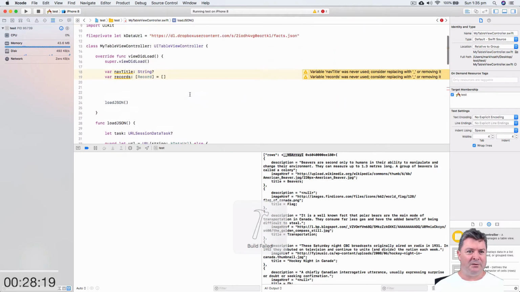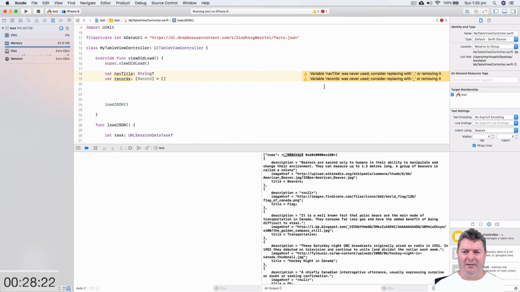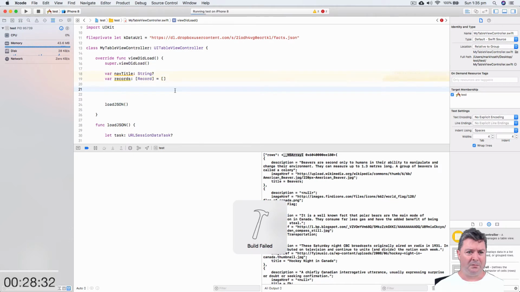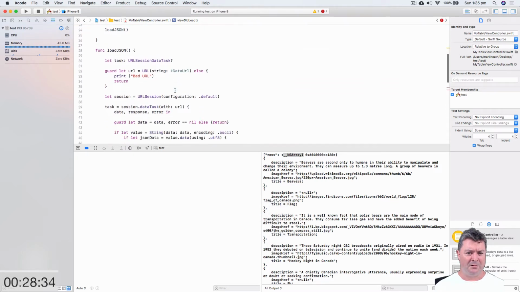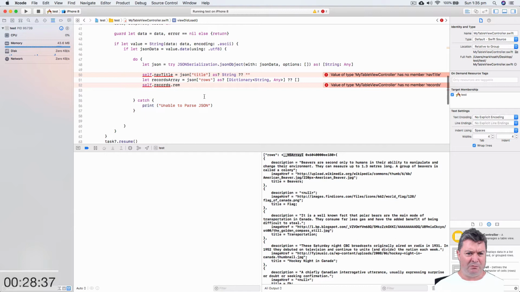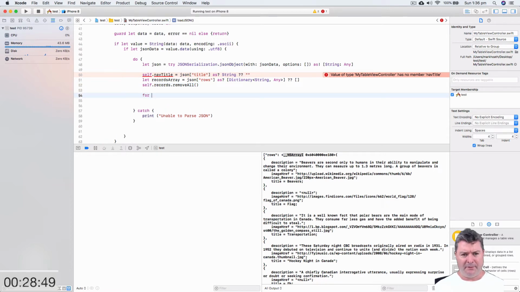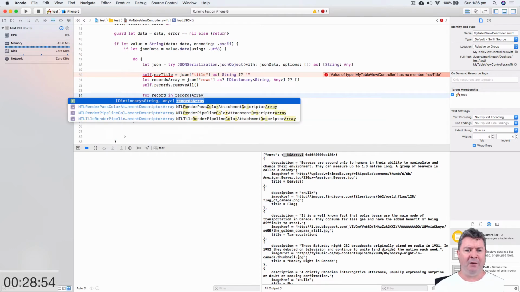Let's just compile it and see what it says. Have I got a capital letter or something in there? It's very strange. Anyway, okay, well, we will fix it in a minute, I'm sure. Self records remove all. And then for each record in our records array,